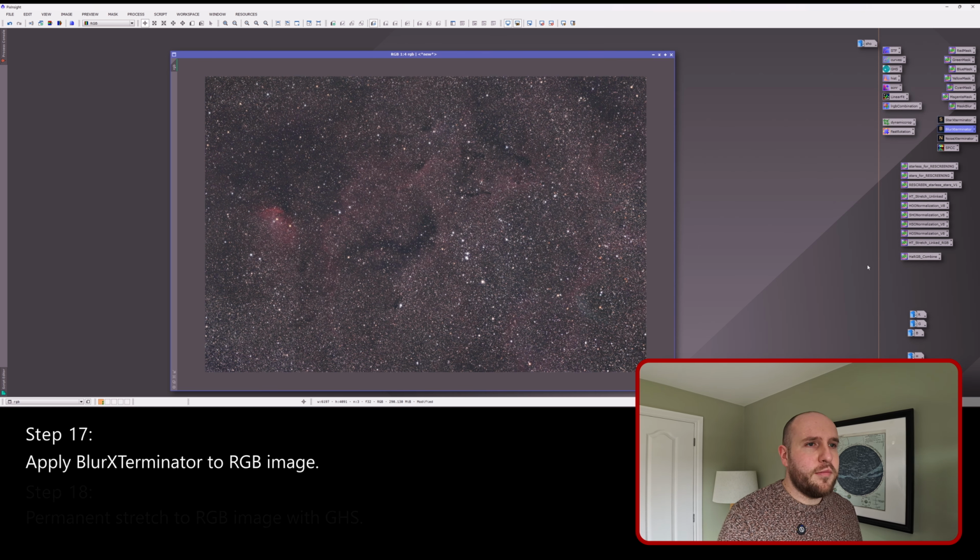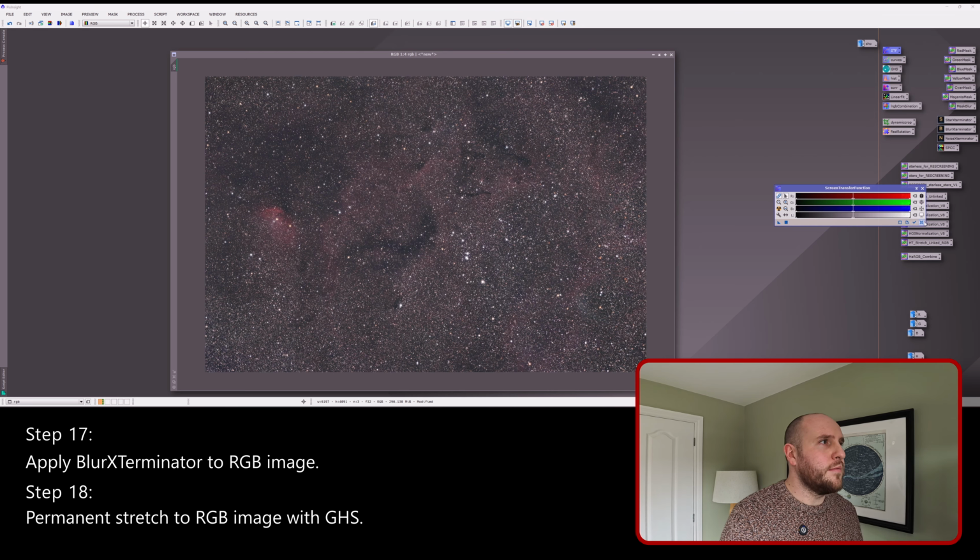Now what we need to do, if we open up screen transfer function again, is that this is still